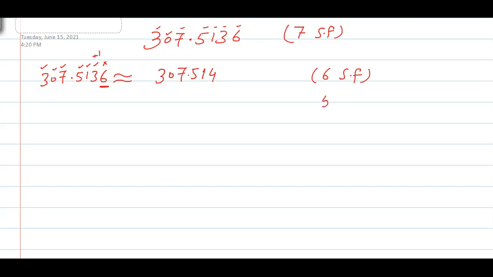Now we will round to five significant figures. Let's see how we will round to five significant figures. 307.5136. I have to round it to five significant figures. Counting of the significant figures starts from the left side. It is like 1, 2, 3, 4, 5. Here five significant, and it means we don't need these two. So before removing, the very next digit after the required significant figure is just 3. So there will be no effect on the remaining ones. So I will just write 307.51.